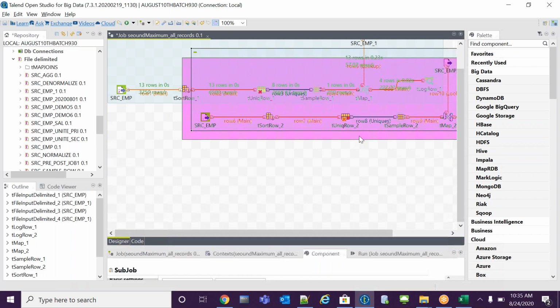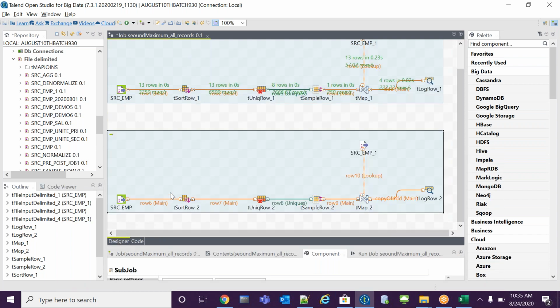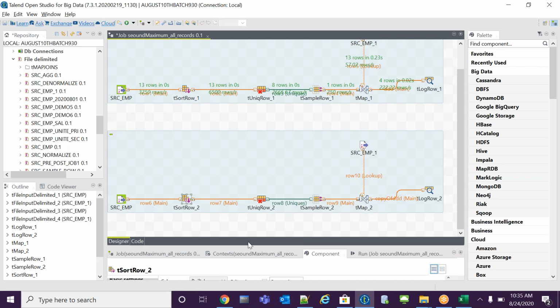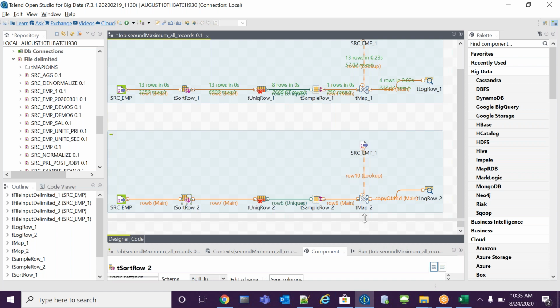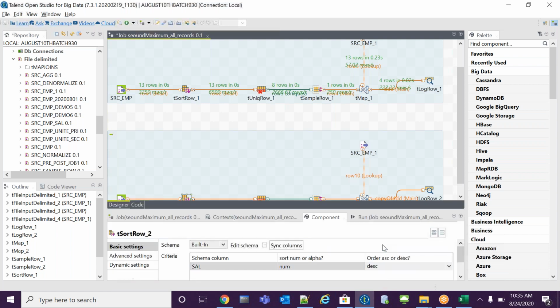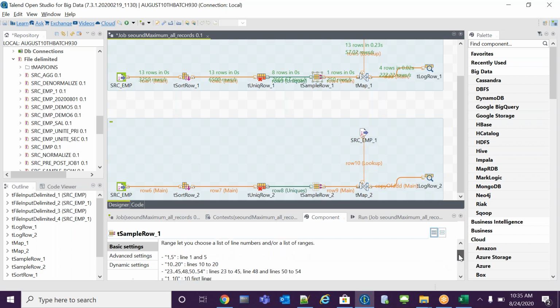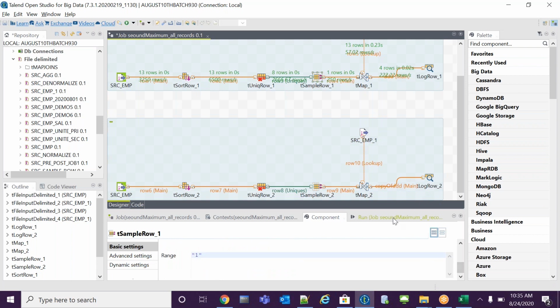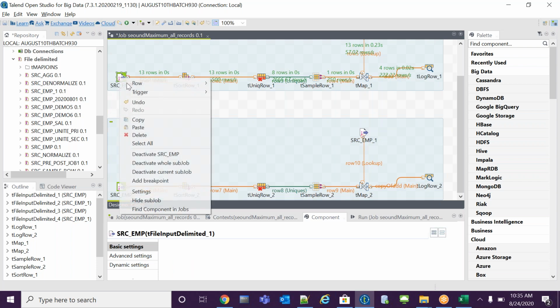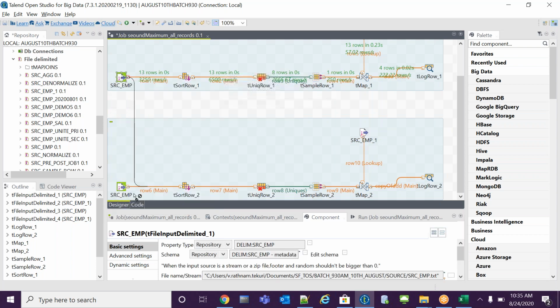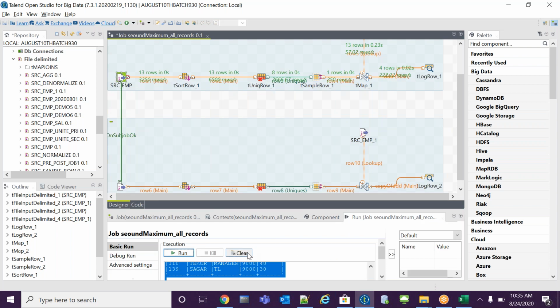That question is also there in the scenarios. This is the minimum salary, right? Minimum salary means we have to take ascending order. This is the first record, right? Minimum you want, I can define 1 here. This is also 1. Let me run it and verify whether I am getting all the matching records or not.